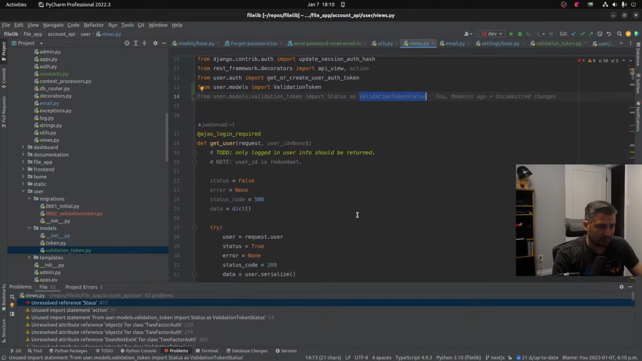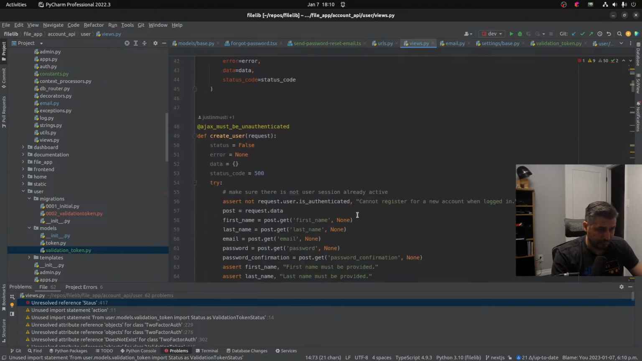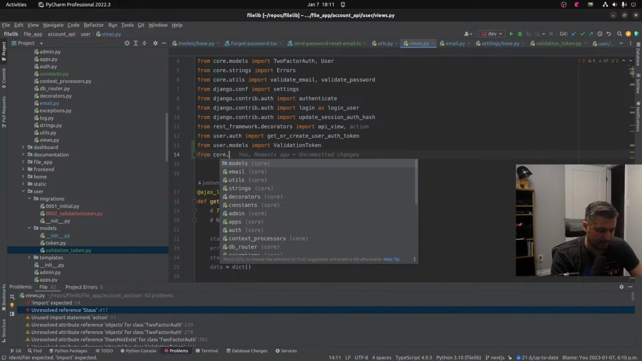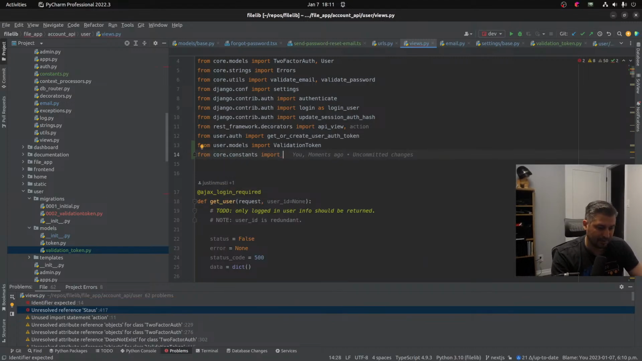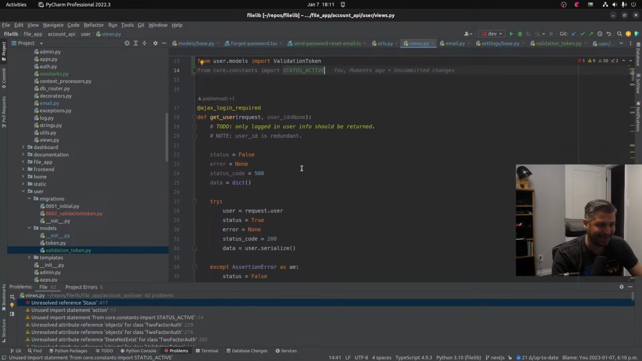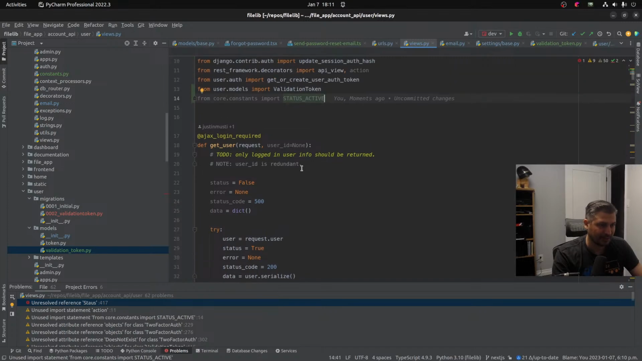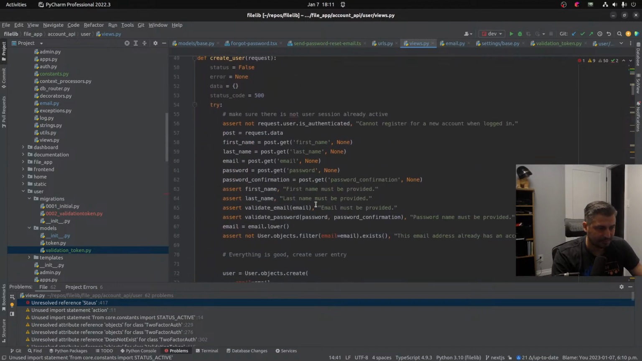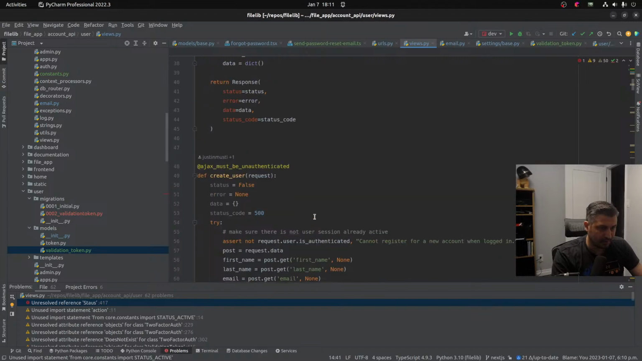Validation token status. Okay. Actually, I don't need that. From core.constants import status active. Okay. Do I need that? Yes, I do. Okay. And then